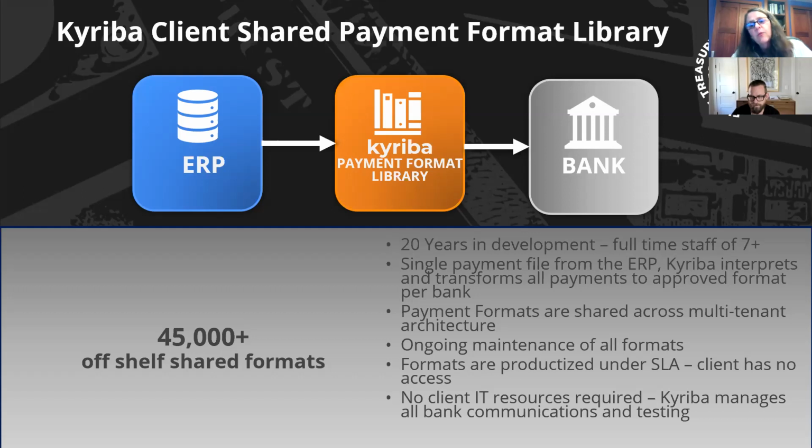Say, for example, we have just over 2,200 different clients that are using our connectivity. If, say, 500 of them are using the same bank, say Citibank, we have one pipe that goes to Citibank with all of the various clients' information going through that pipe. We don't have to create 500 different connections with Citibank. So we don't require IT resources. It's a pretty straightforward process that we go through.